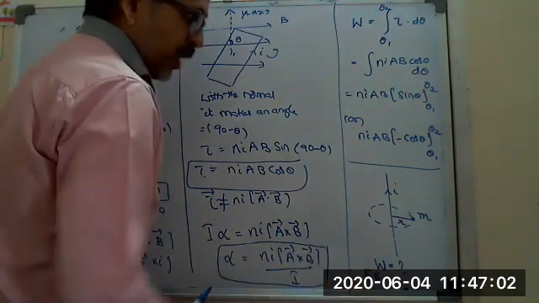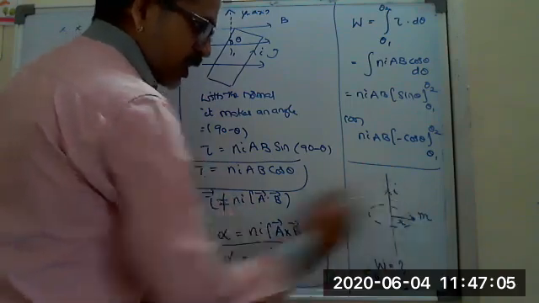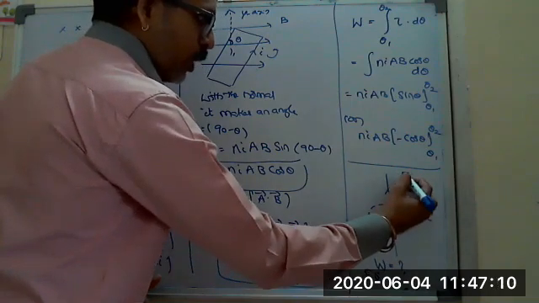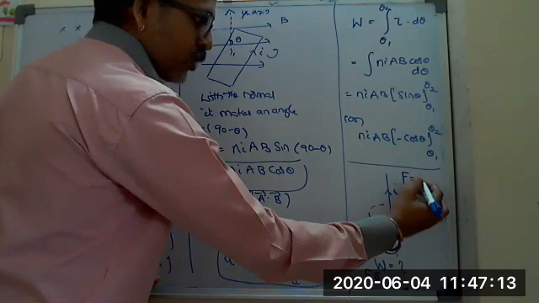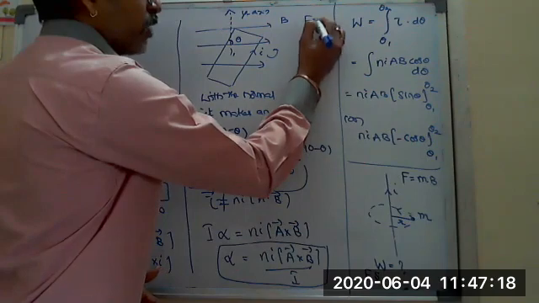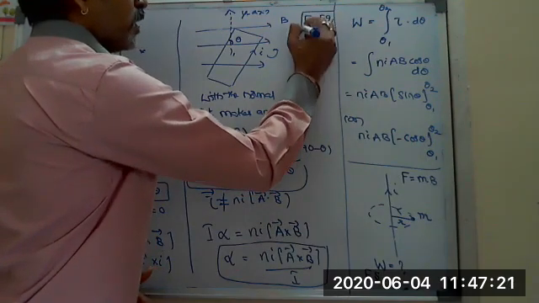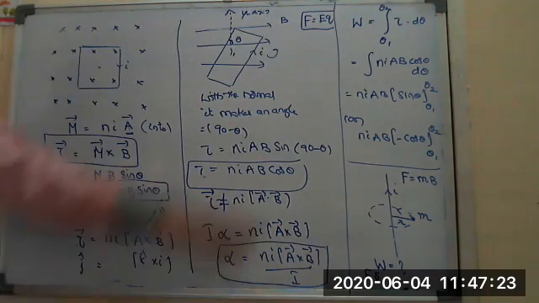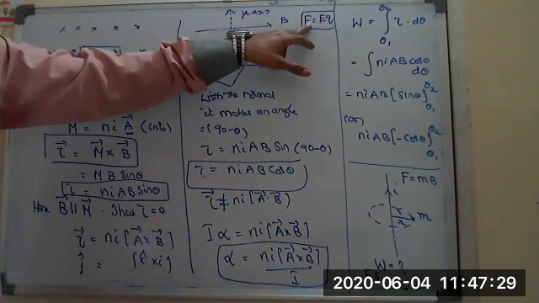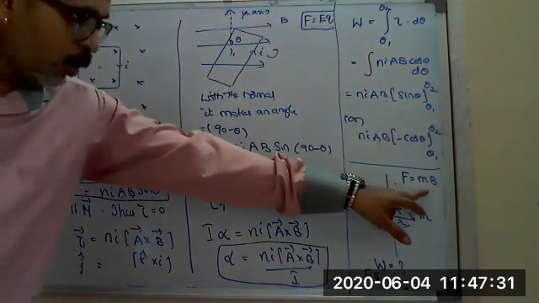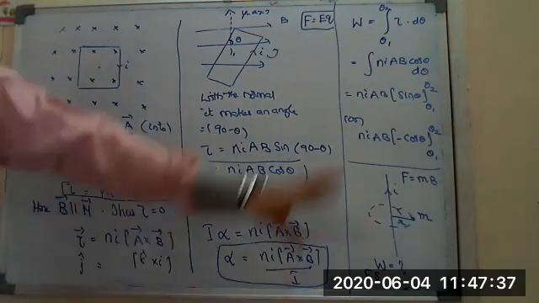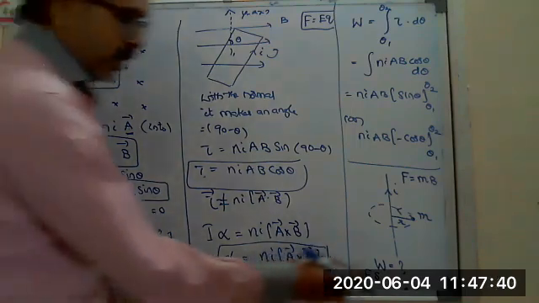Here, the direction of the magnetic field is along the circular path. The force on a pole in the magnetism chapter is equals to, I think you remember, M into B, which is similar to F is equals to EQ in the chapter charges and fields. Suppose a charge is placed in an electric field, then the force is EQ. When a pole is placed in a magnetic field, force is equals to M into B. Using that formula, you can find out the work done.